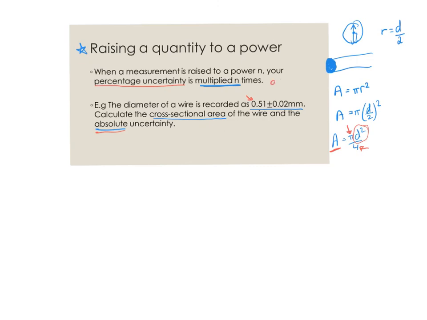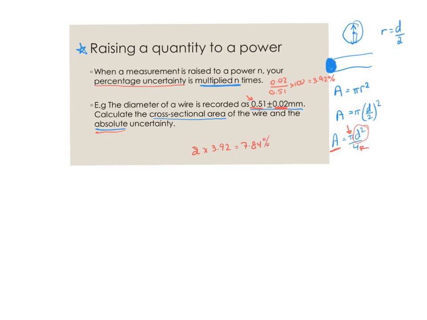To do that, I do 0.02, the absolute uncertainty, divided by the value, times that by 100. That gives 3.92%. And my power in this case is 2, because it's d squared. So I have to do 2 times 3.92, which gives me